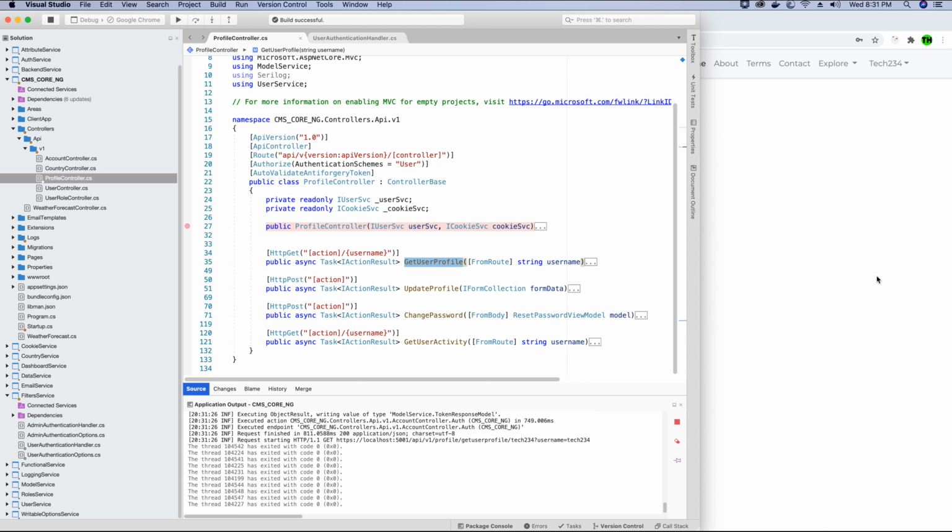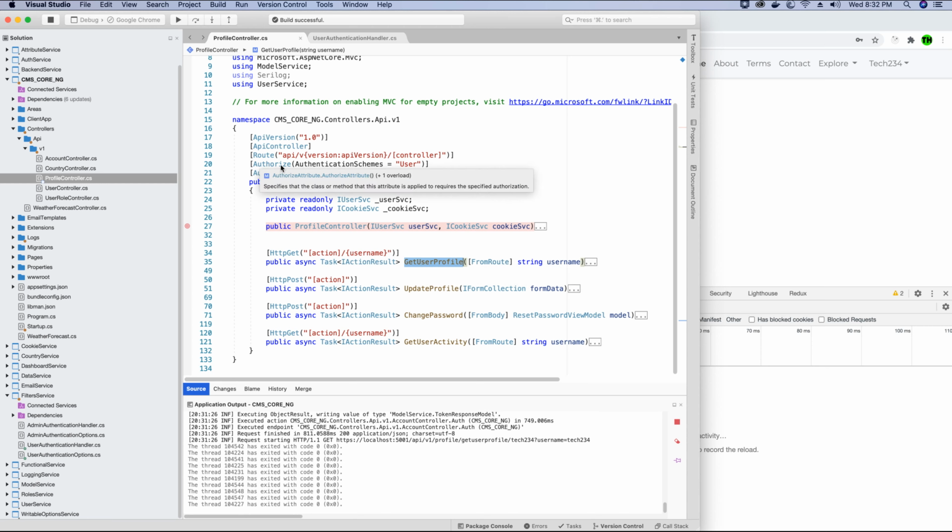are trying to access here, this method is not yet being called because first we have to go through these particular checks, which is the authorize attribute which was called. The authentication scheme that we specified was user authentication handler. Therefore our breakpoint over here is now hit. Services have been injected and the handle authenticate async method, which we have overridden with our custom logic, has been